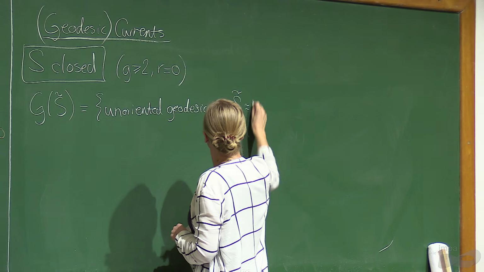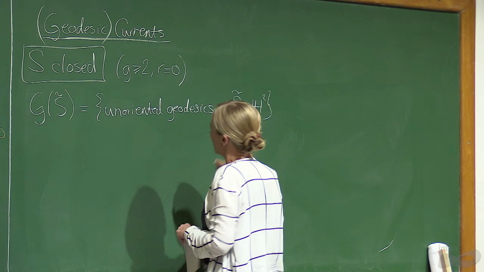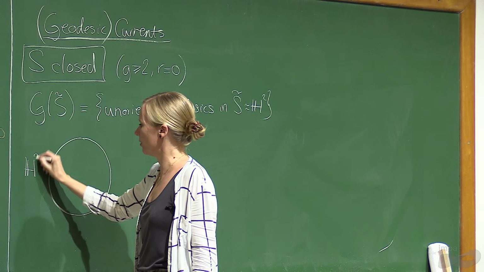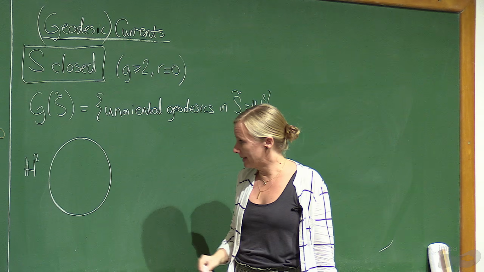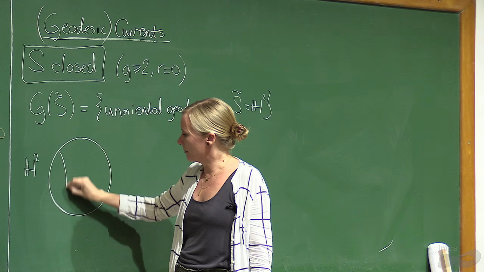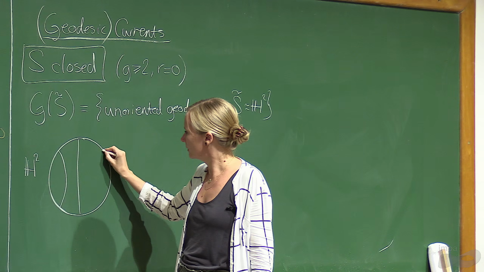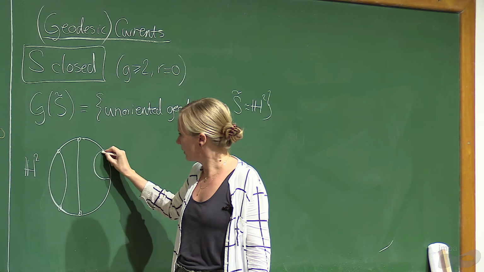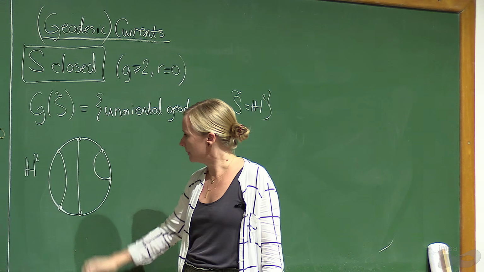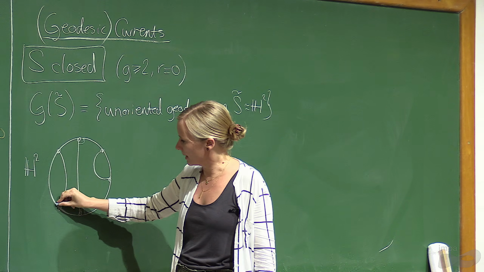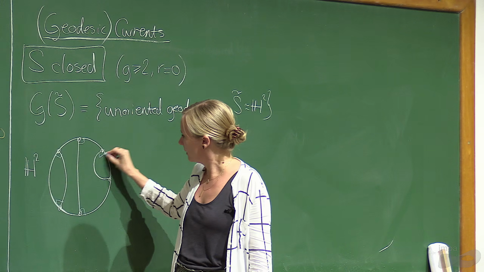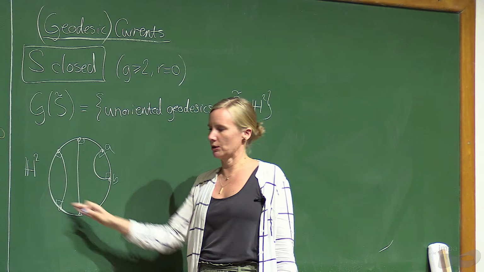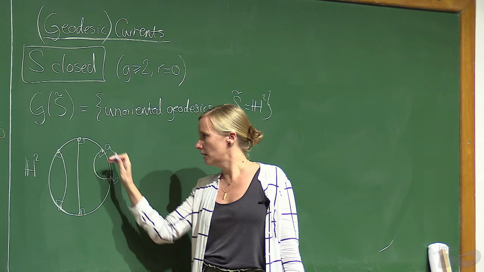Which I can identify with H2. So what is that? Let me draw H2 in the disk model instead of the upper half plane. Any geodesic here is determined by its two endpoints. I'm not drawing them very well, but the geodesics here are either diameters or half circles that are orthogonal to the boundary. So given two points on the boundary, which we can identify with a circle, S1,